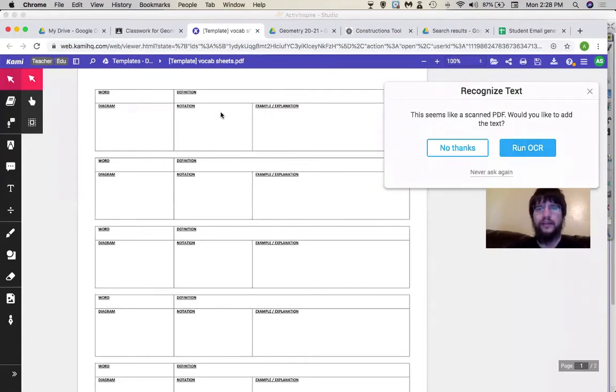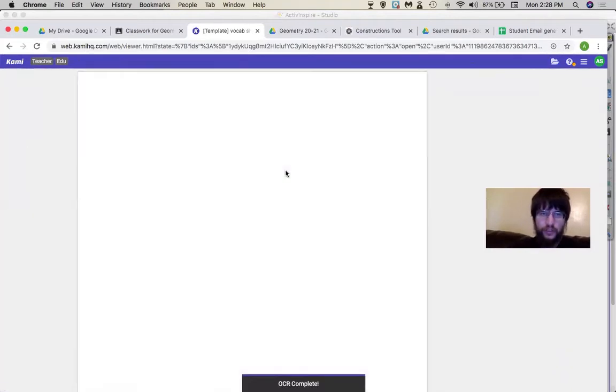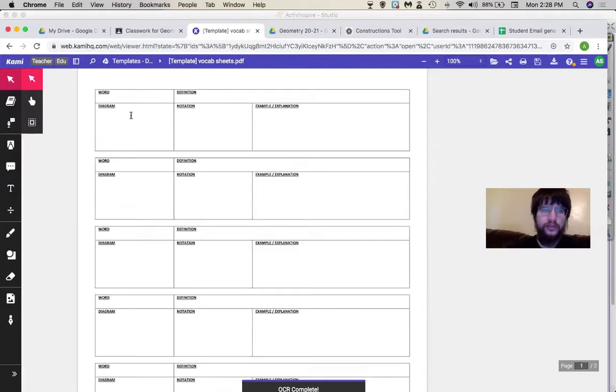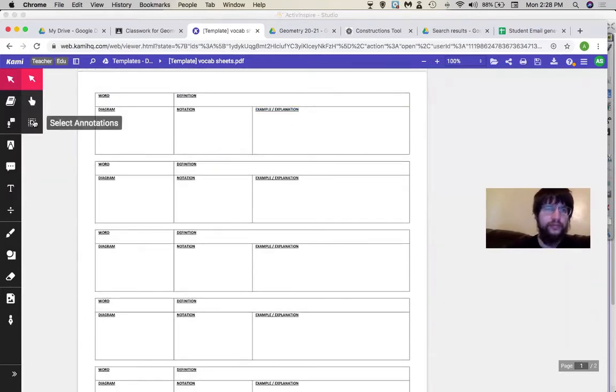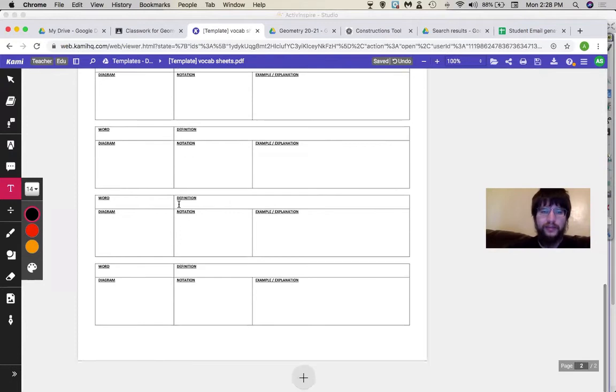So if I did run it with OCR, I should be able to edit these things. Let's actually try it. So a PDF is just a picture. So even though we can see these are words, the computer doesn't see it as words. It sees the whole thing as a picture. If we use OCR, it should turn into words. Maybe. And again, maybe not. Oh well. No, didn't work. Okay, so I ran OCR. No idea if it had any impact, but